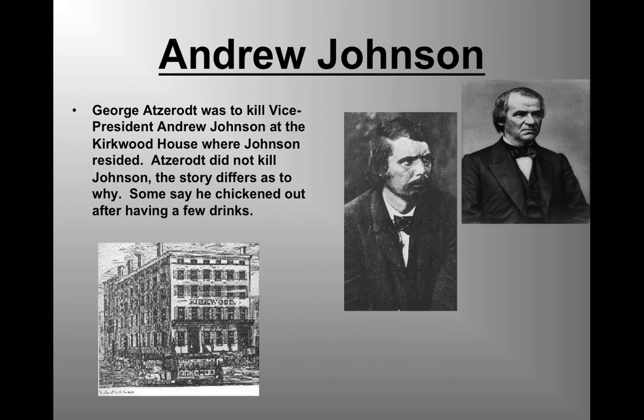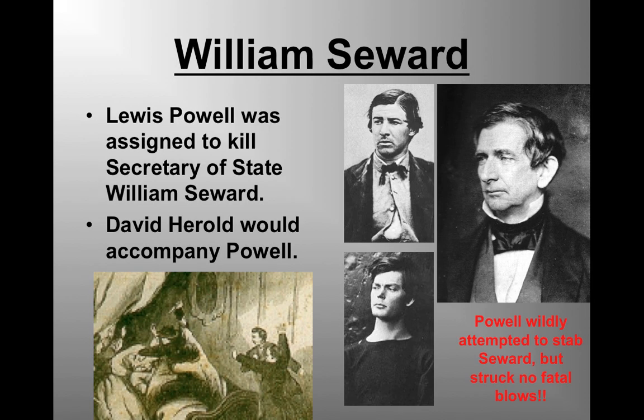Some things that I've read say that he basically shot his mouth off to the bartender after he'd had too much to drink and mentioned that he might have been trying to kill Andrew Johnson. Other people say that he just got so intoxicated that he never actually did anything to the vice president. Regardless, Andrew Johnson, the vice president of the United States, never actually had an assassination attempt on him. At least not on this occasion.